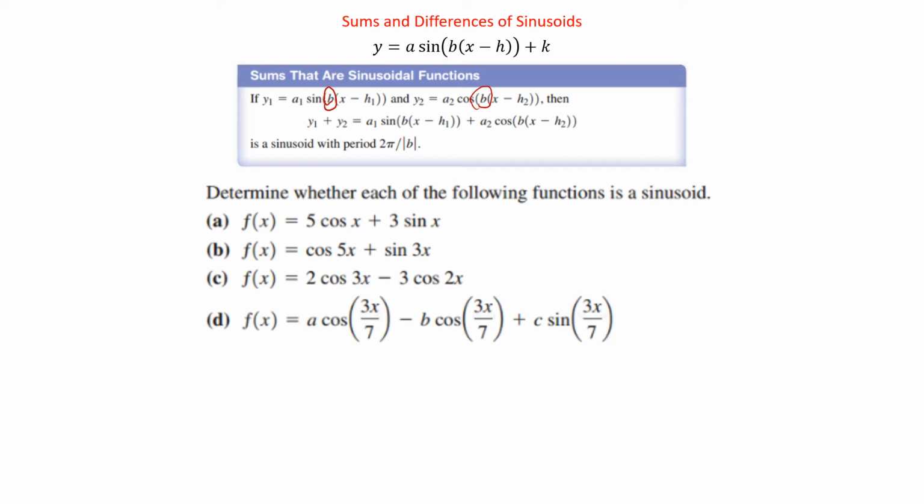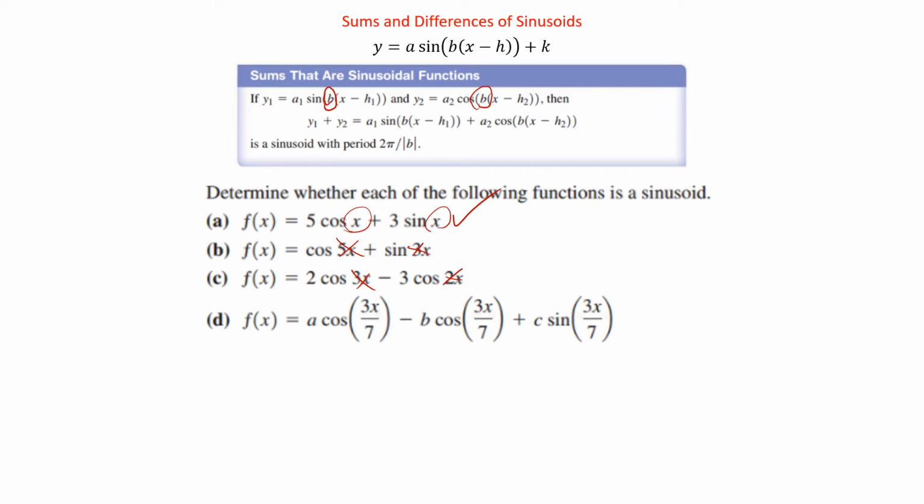So here, the first one, we have 5 cosine x plus 3 sine x. Yep, because it's just x and x. The second one, we have cosine 5x plus sine of 3x. Those are not the same numbers, so no. Next one, we have cosine 3x and a cosine 2x. No, because those are not the same numbers. Does not matter about the number in front. We're looking at just inside the trig function has to be the same, or at least that multiplier has to